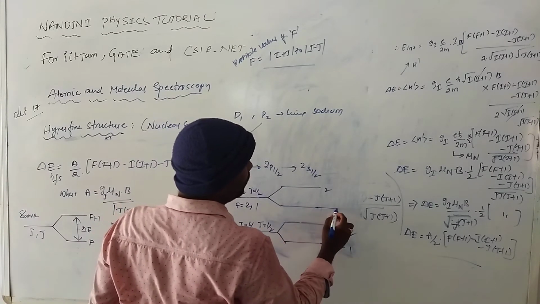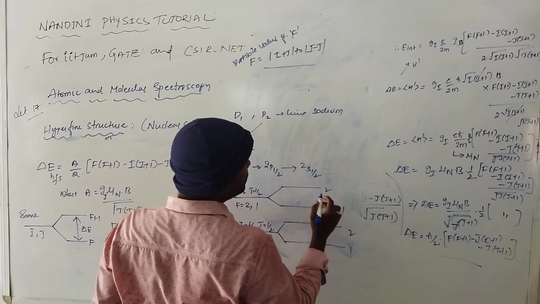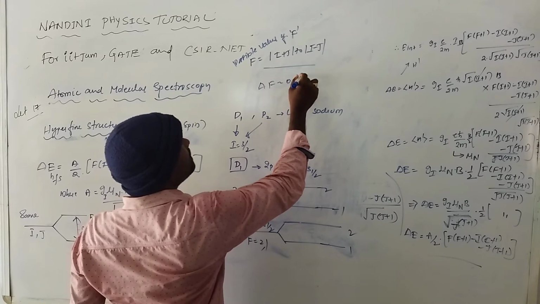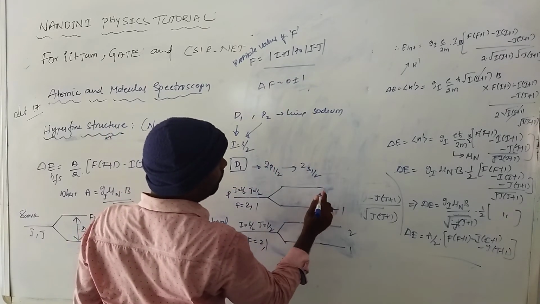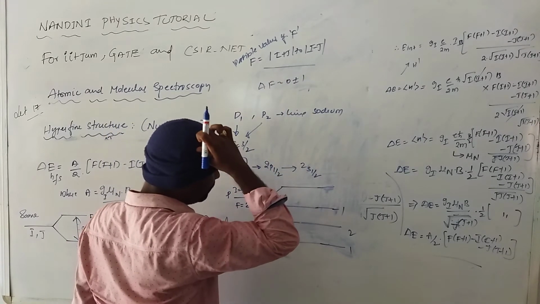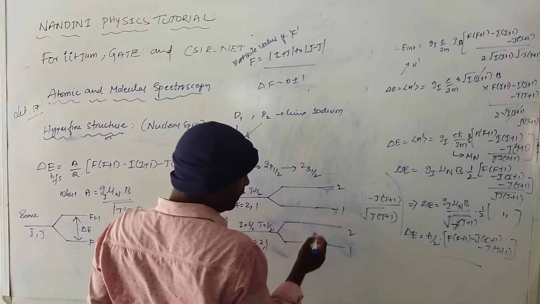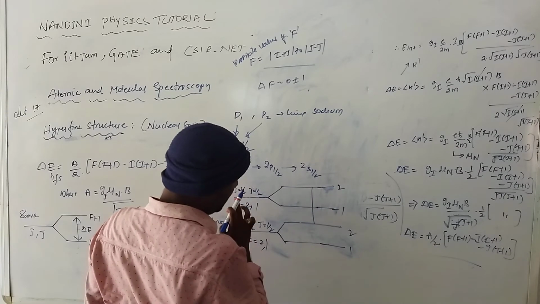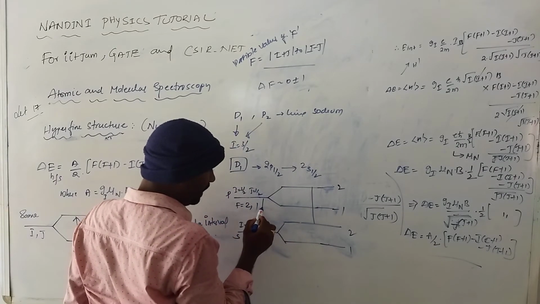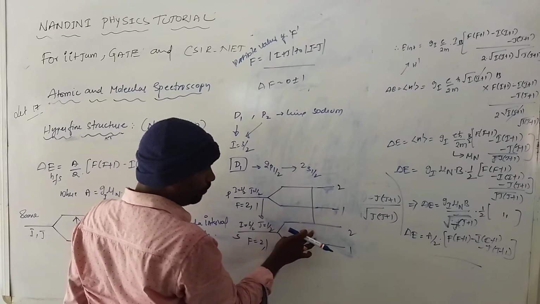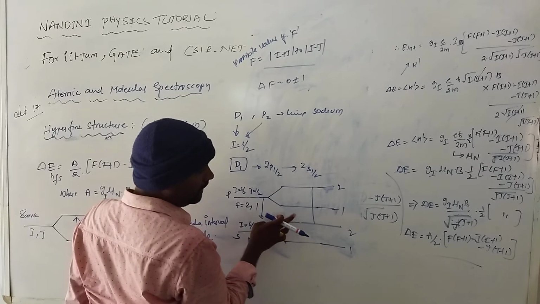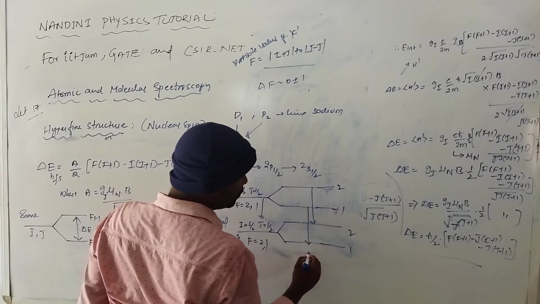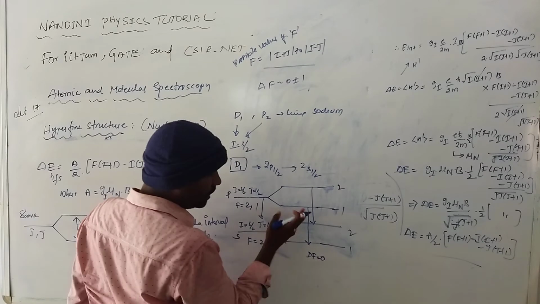According to the transitions, what are the selection rules? Selection rules: delta F is equal to 0, plus or minus 1. So if you draw the transitions from state to state, 0 will be possible at 0 to 0, 2 to 2, transition from S to P like that. And similarly 1 to 1. So these two are 0 transitions, delta F is equal to 0, these two transitions.